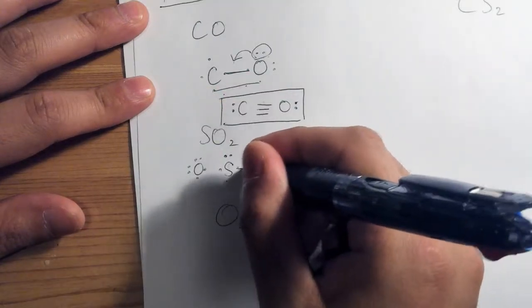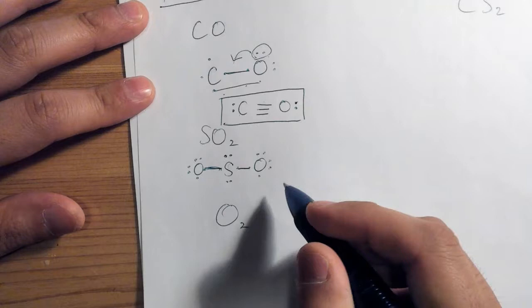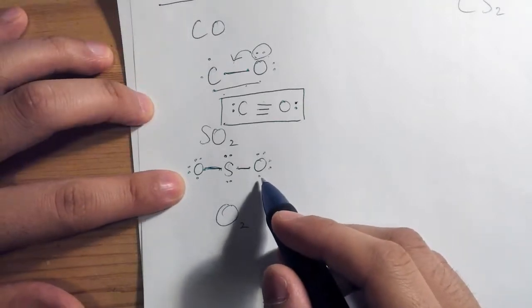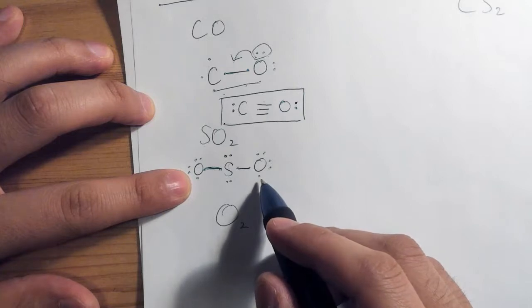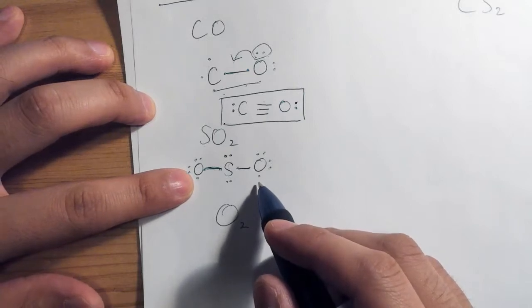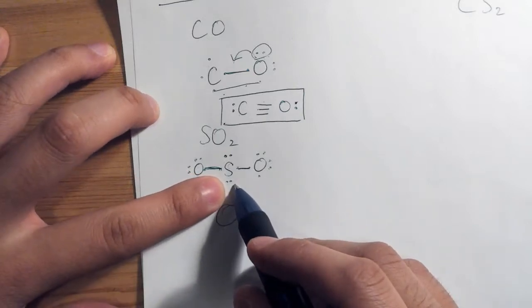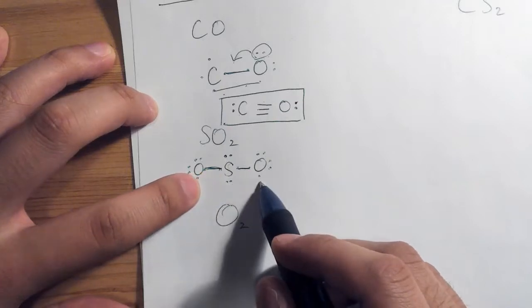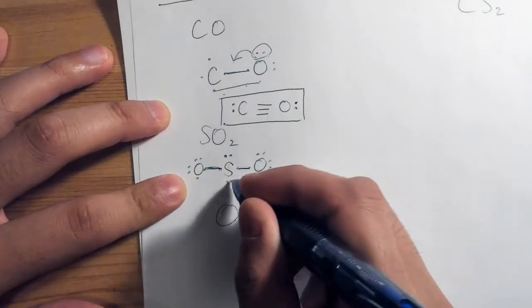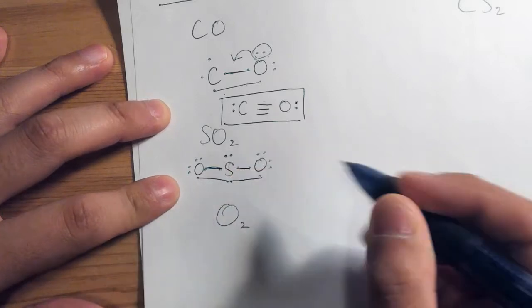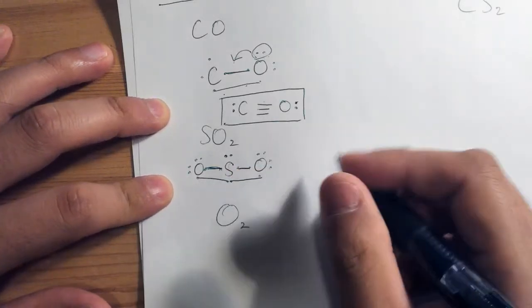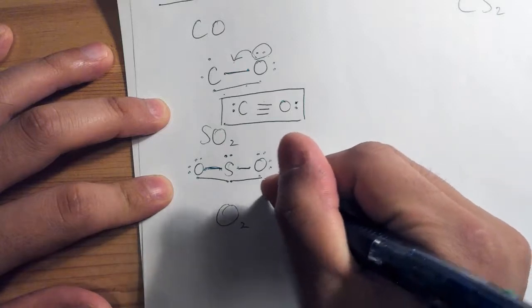Then we have leftover electrons. In this case, unfortunately, we have to separate these pairs into different locations, and create a bond by connecting those together. If we were to redraw that, it will come out to be